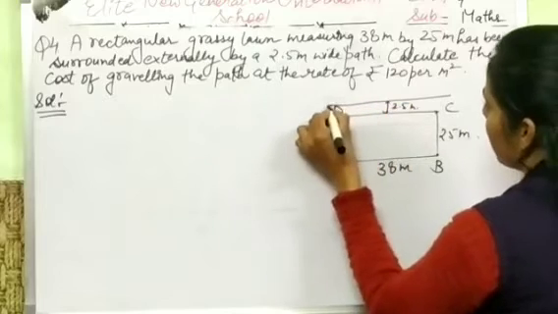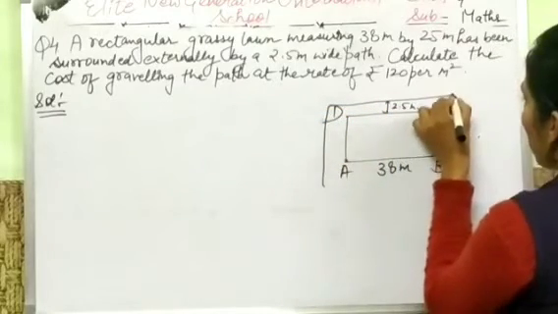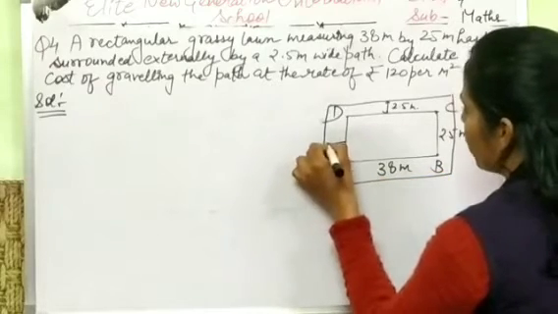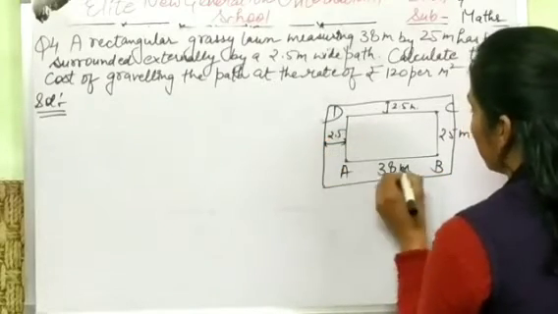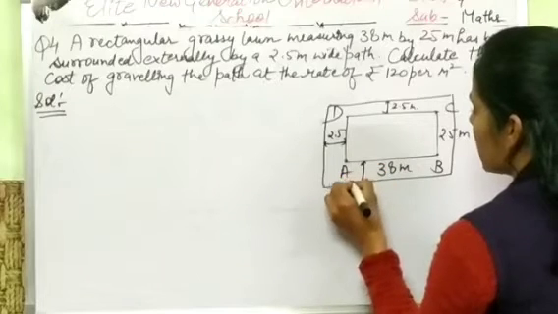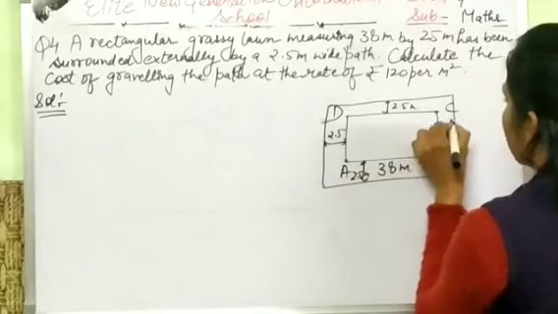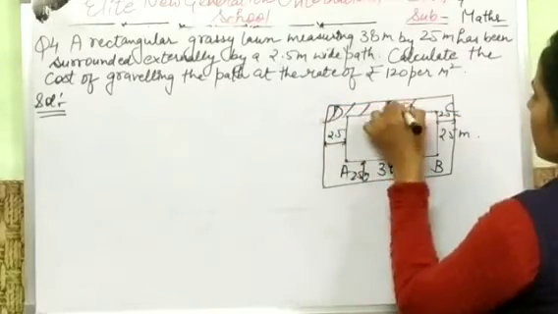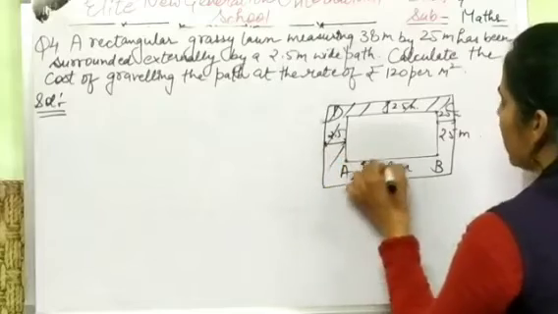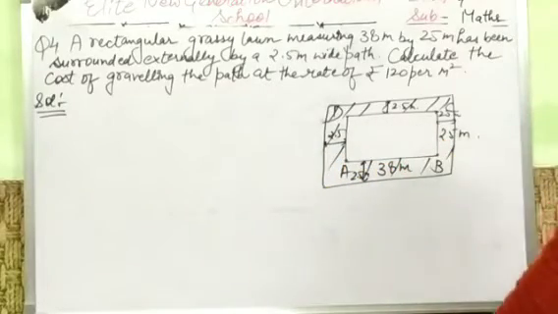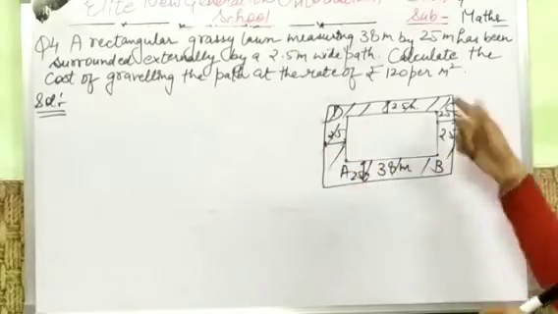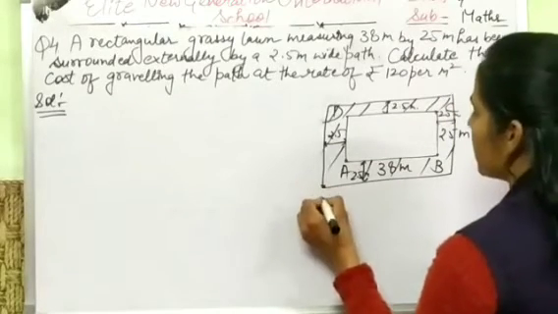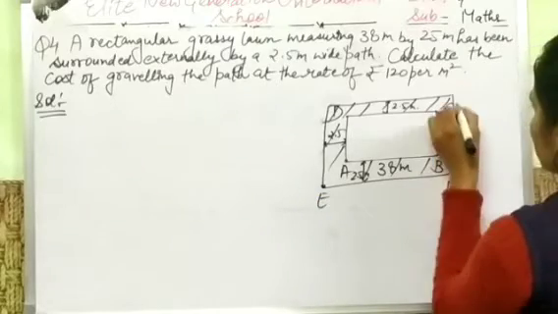So we have to make, all around it outside of the inner rectangle, a path of 2.5 meter, from this side and this side as well. So this is the path, outside of this lawn. And we have to find the area of this path again, like in question number 1. So name it EFGH.